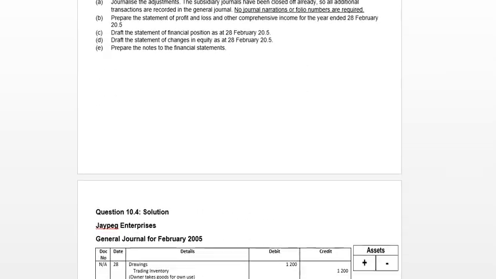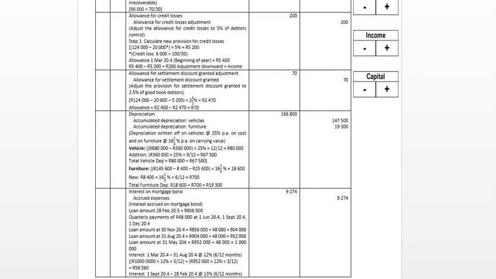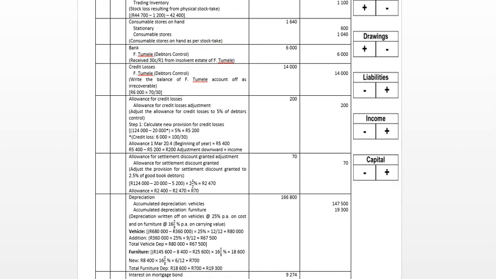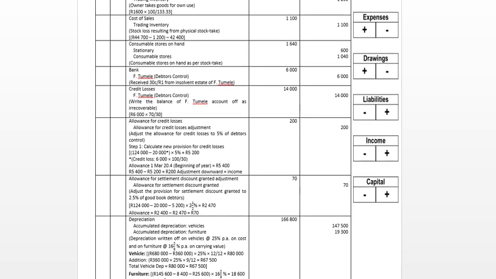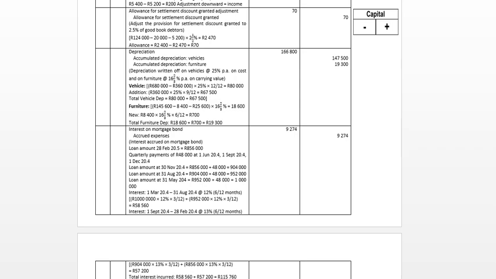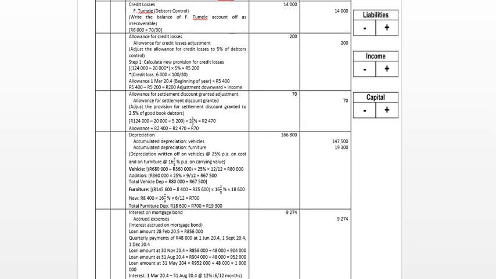If we record this, our expenses need to increase, and we know that expenses increase on the debit side. So our interest on mortgage loan expense has to increase, so we're going to debit 9,274 Rand, and we have to credit our accrued expenses, which is our liability, and our liabilities increase, so we will credit